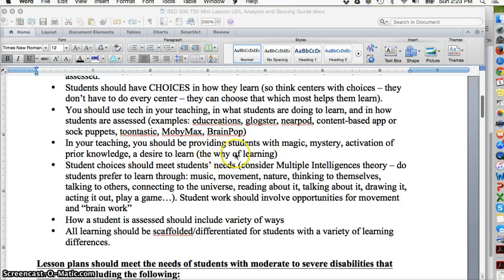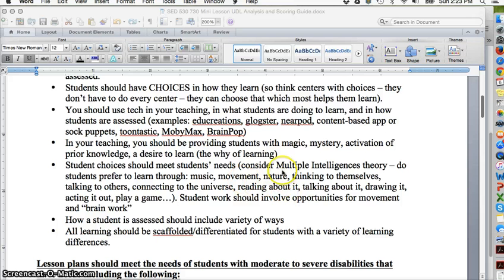We need to provide that why so students are engaged learners. When you're thinking about student choices and what kind of choices I should offer kids, a lot of times I kind of walk through the MI theory. So I try and make sure that in any lesson I'm giving some musical opportunities, whether it's a song about the multiplication tables or a song about the water cycle, that I'm providing kids with an opportunity to